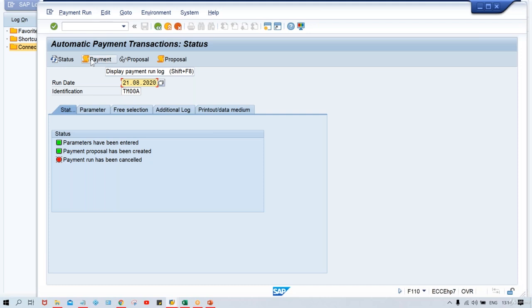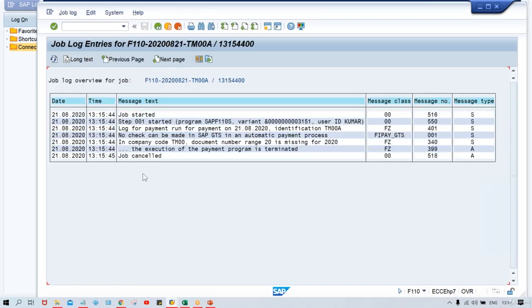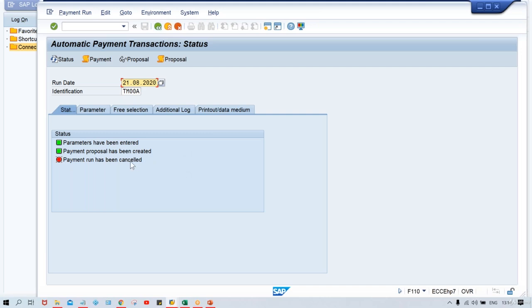So now here click on payment and look here: in company code TM00, document number range 20 is missing for 2020. So it means document number range 20 is missing. So what you have to do, either you have to create a number range